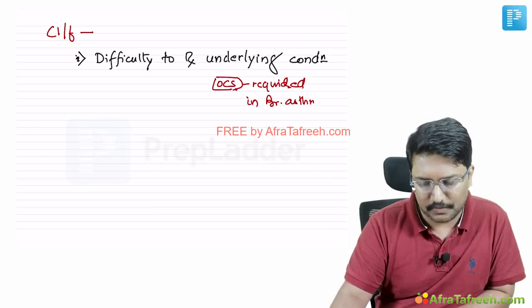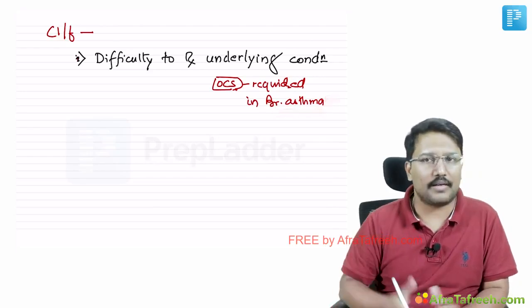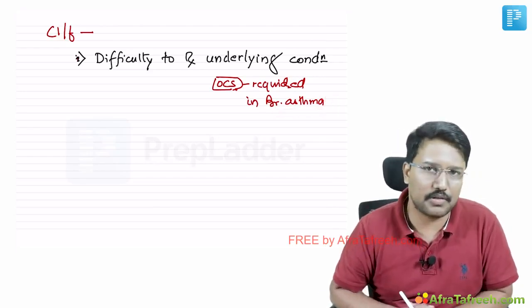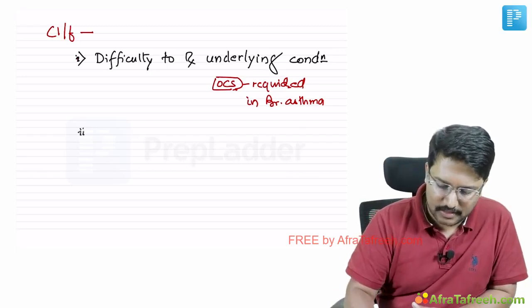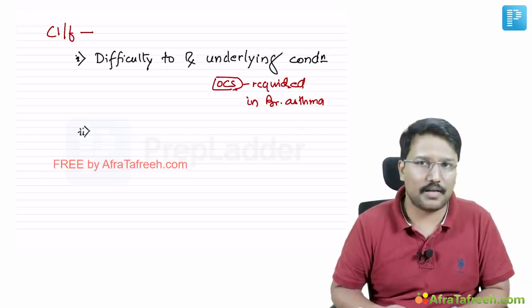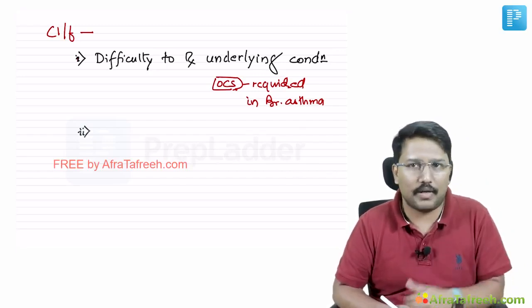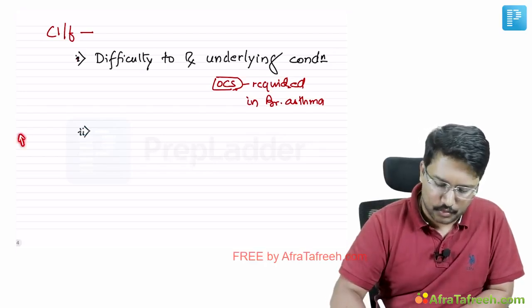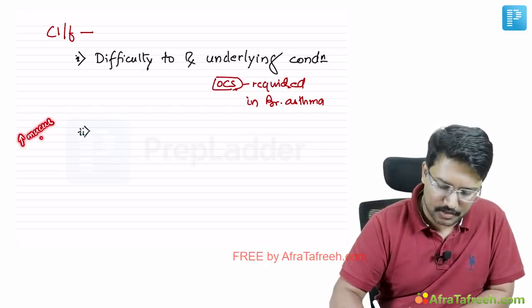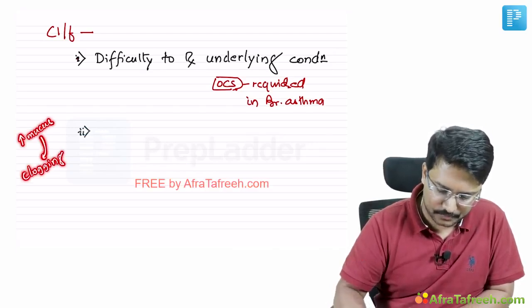Similarly, patients of cystic fibrosis present with frequent flare-ups and difficulty controlling the underlying condition. That's how that cystic fibrosis patient is going to present, right? Apart from that, there is the persistent baseline activity of the hypersensitivity reaction. When IgE is produced in large number and when there is eosinophilic inflammation, the end result is increased mucus production, and this increased mucus production leads to clogging of the airway,